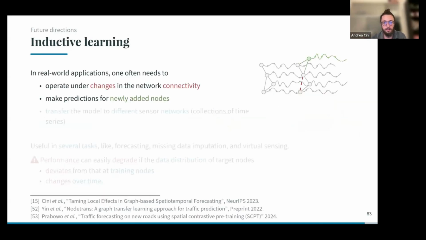Another relevant scenario is that of inductive learning, where several issues can occur to our monitored environment. For example, we can see changes in topologies. We can see new nodes being added to our network, for which, for example, we don't have node embeddings yet. So we need to make